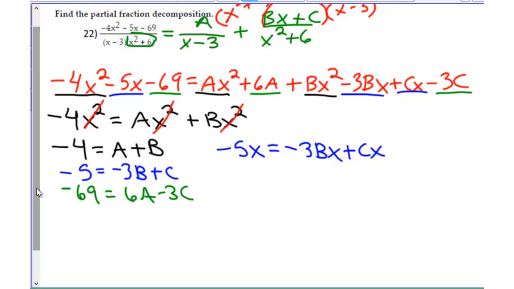Now, this is a system of equations, and so you can either do this by hand, or we could type this into our calculator into a matrix, and we could solve it as a matrix, where we would have to do like 1, 1, 0, negative 4, 0, because this doesn't have a C, negative 3, negative 5, and so on. If you're doing it by hand, then I would say let's get A by itself up here, so subtract the B over,